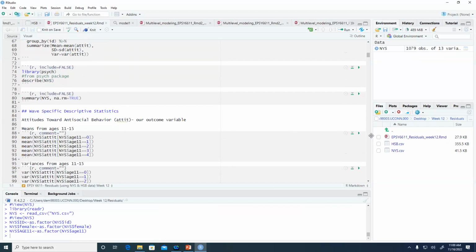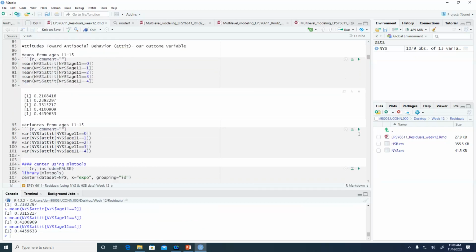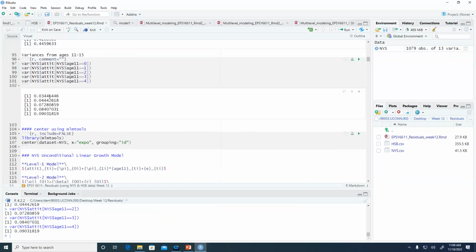Here we have wave-specific descriptive statistics. Just to remind ourselves, we saw that at age 11, antisocial attitudes were about 0.21. You remember these numbers from a couple weeks ago? 0.21, 0.24, 0.33, 0.41, and 0.45. And then if we wanted to look at the variances, you can see them,